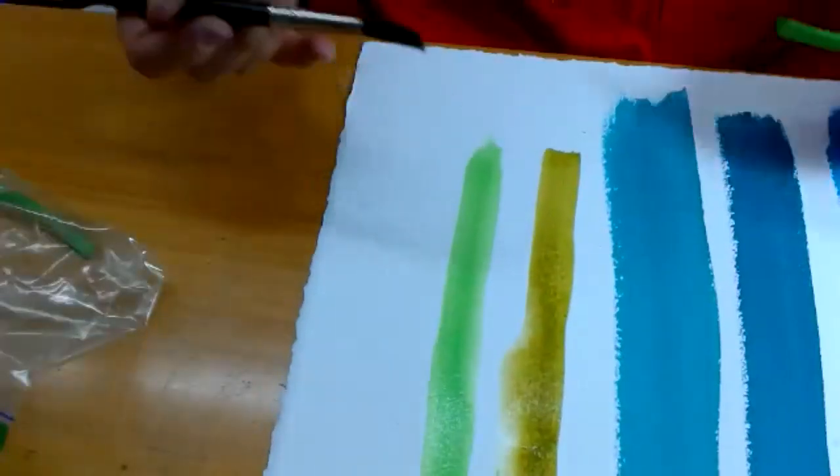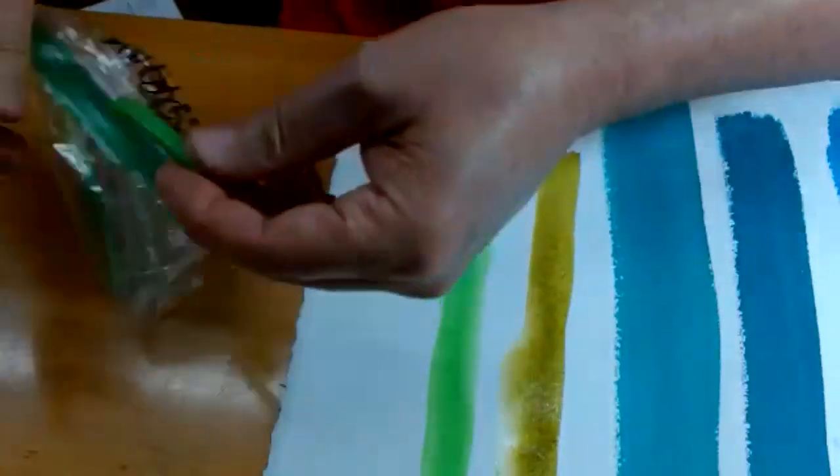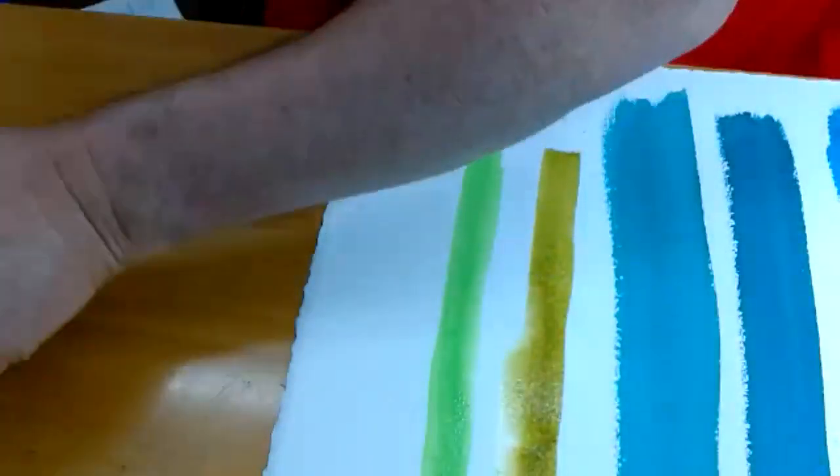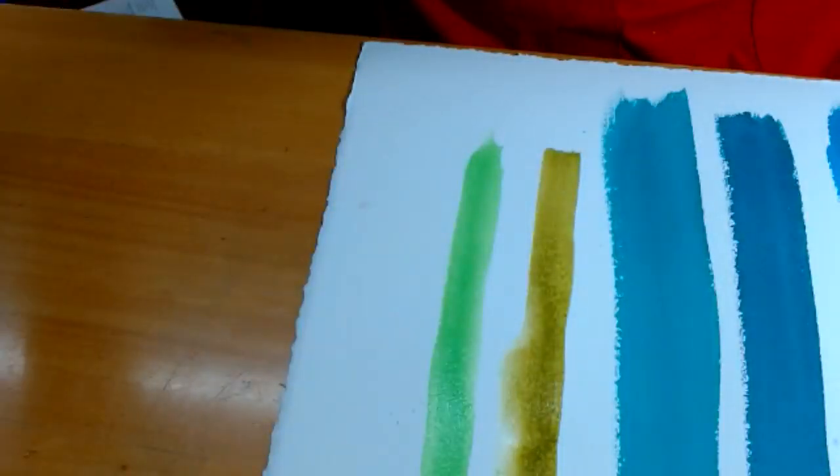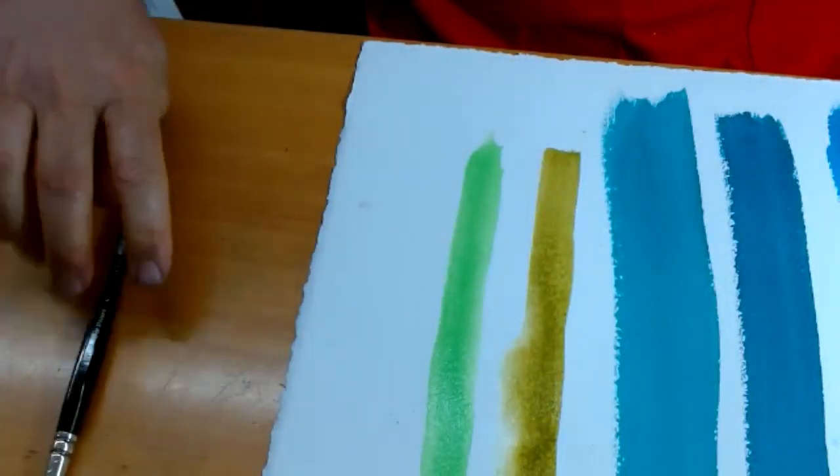Is the long-term goal to make every color a stick? No, not really. Just colors that allow for the